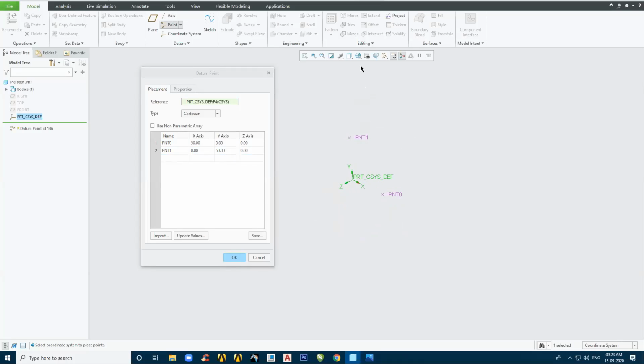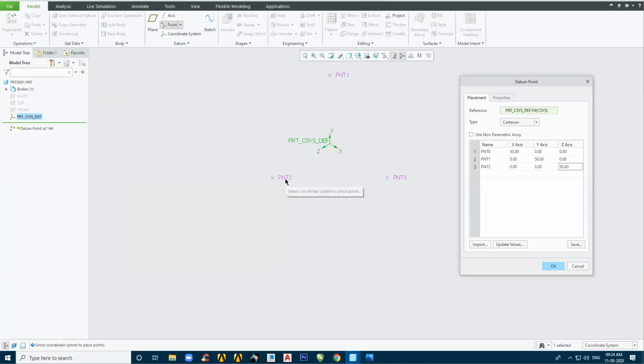Okay, you can view this coordinate system. See, in the X-axis 50 mm, Y-axis 50 mm, and now I need one more point in the Z-axis. So I clicked here and type 50 mm, and now in the Z-axis I got one more point at 50 mm.